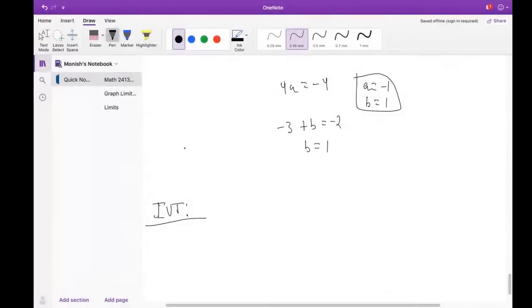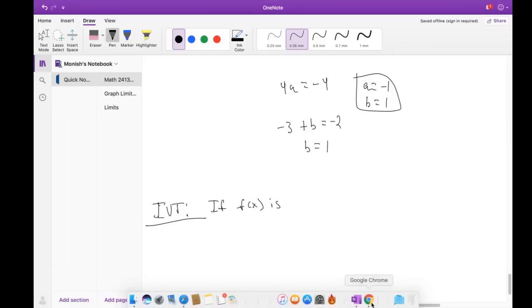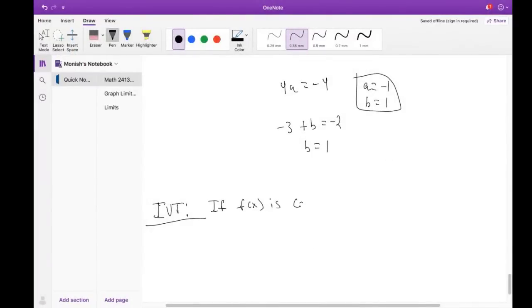Yeah, so basically the main condition is if f of x is a continuous function. Yeah, exactly. So if f of x is continuous on interval, just any interval a, b,